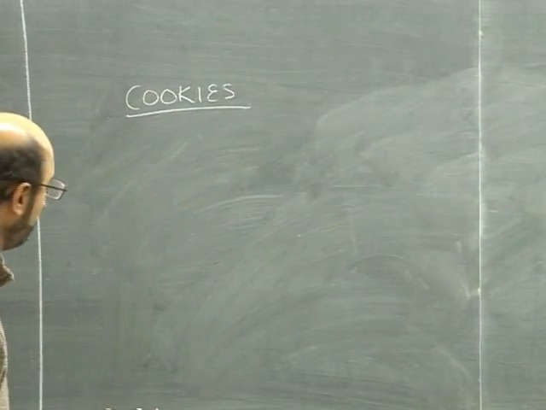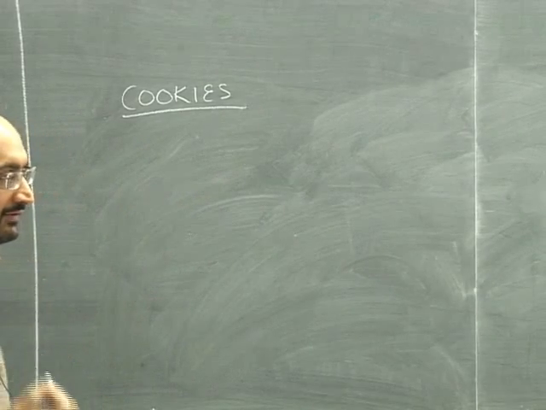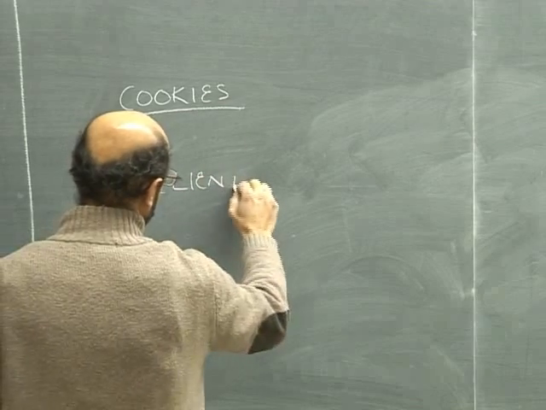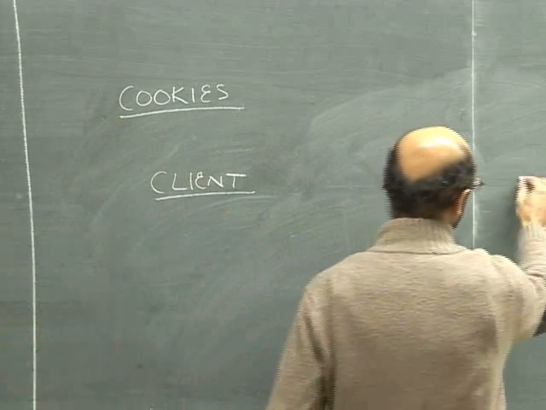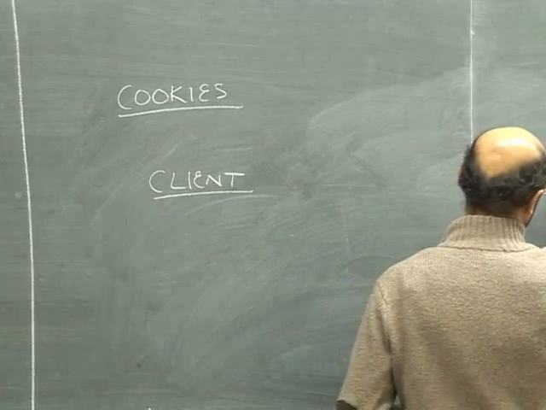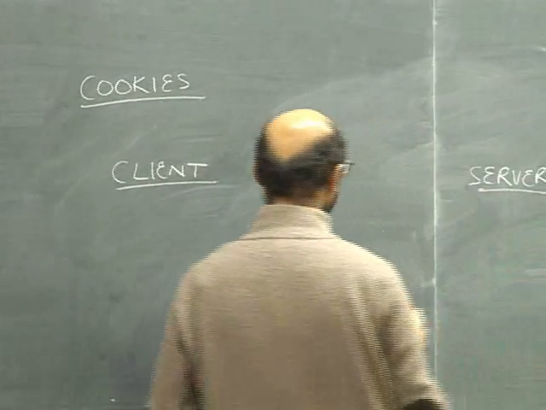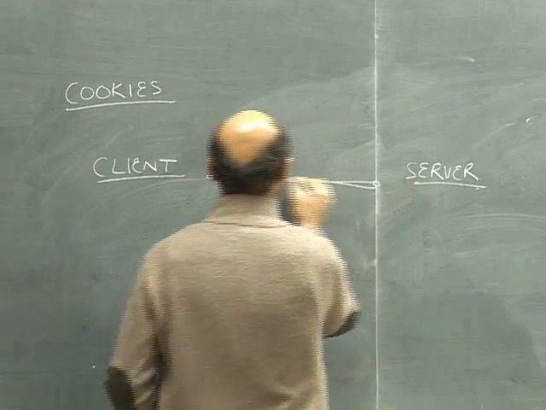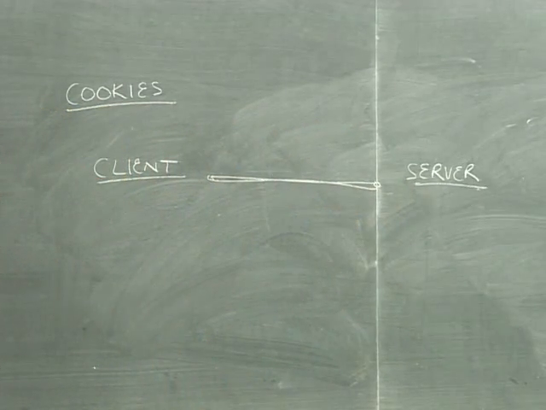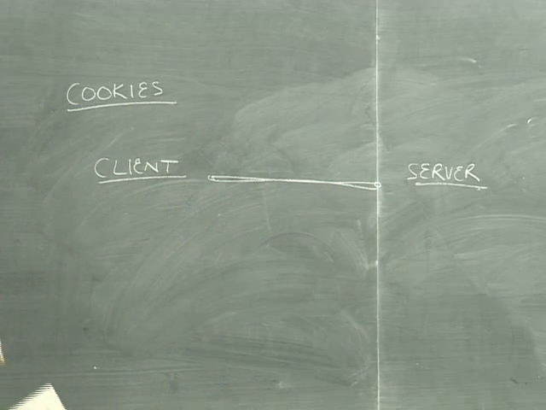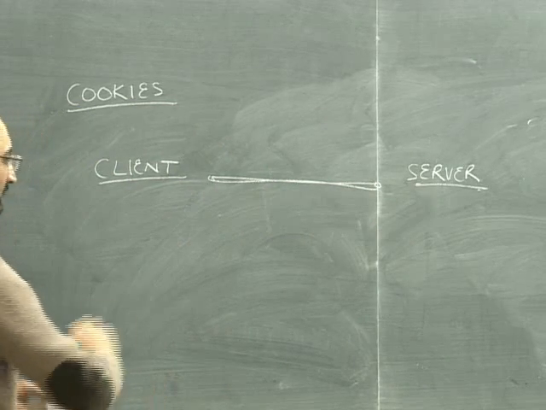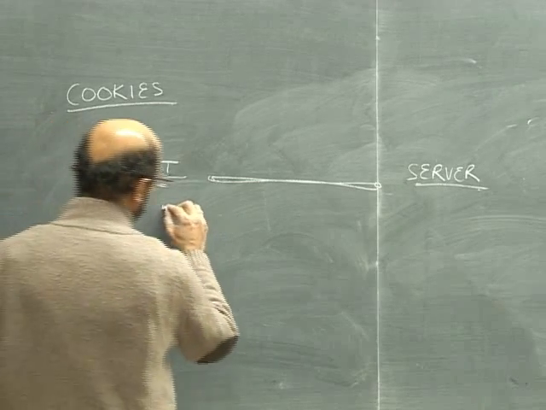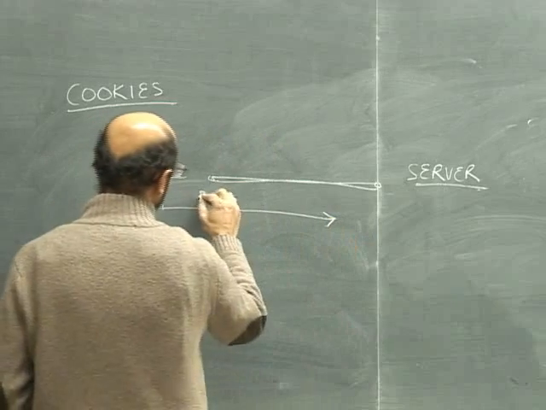So what are cookies? The way that the HTTP protocol is structured is that you have a client, which is your browser, and we have a server, which is your web server. And the client and the server are connected by some communication pipe, which is a TCP connection. And it has certain properties in terms of reliability and throughput and delay and cost, which we'll ignore. We don't really care. From our perspective, what happens is that the client sends a request